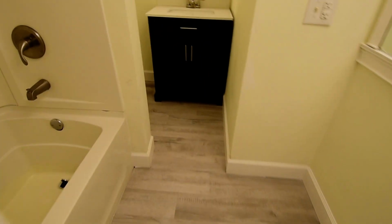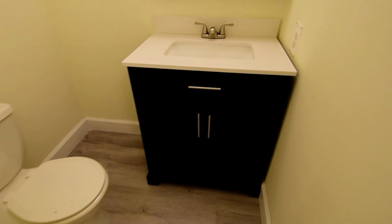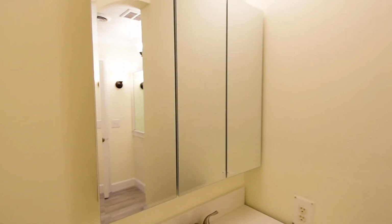And then back inside, all of your bedrooms, of course, are down the hall this way. On the way there, we do have a linen closet. Off to our right, there is the full bathroom, where you have a shower and tub. In here, updated single vanity here as well. We'll step back so you can see the medicine cabinet, some updated lighting, and then you have sort of a